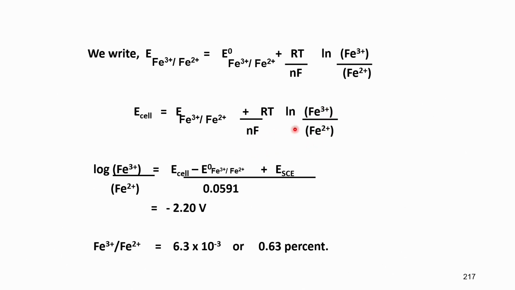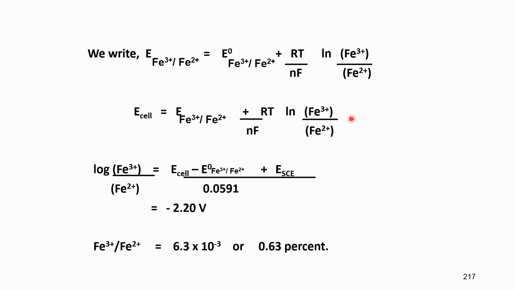So, now I want to know what is log of Fe3 plus by Fe2 plus, and I keep this on the left hand side and transfer all other information on the right hand side. So, RT by NF is nothing but the difference. So, log of Fe3 by Fe2 is E cell minus E naught Fe3 plus by Fe2 plus